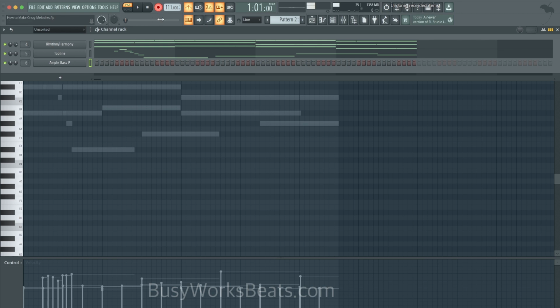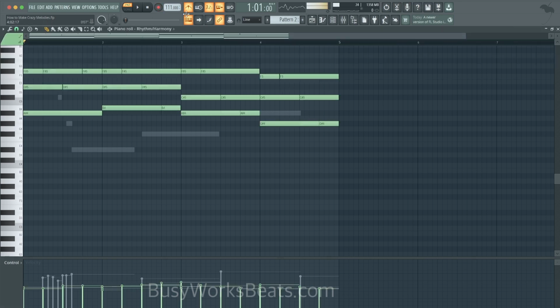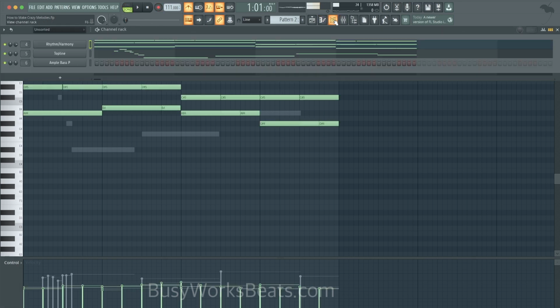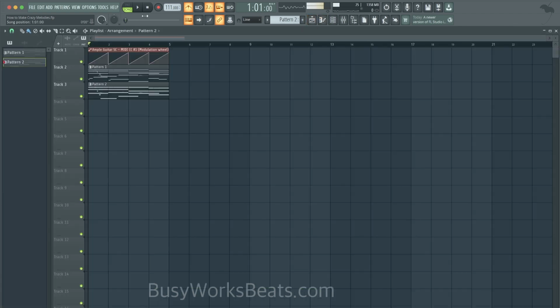Now, the reason that guitar sounds off is because we left off on a pitch value and it didn't reset back to 0. So there's so many little things about FL Studio. Whenever you leave off on a higher pitch, it will start wherever the pitch value left. So that's why it sounded out of key until we hit that pitch modulation. Then it sounds normal. So I'll leave it alone. Hopefully you guys get the concept.